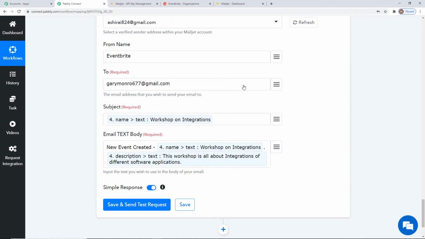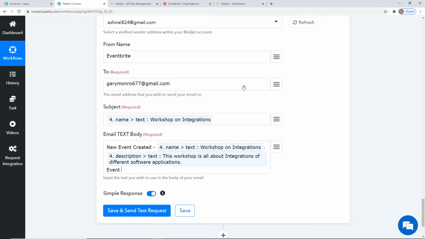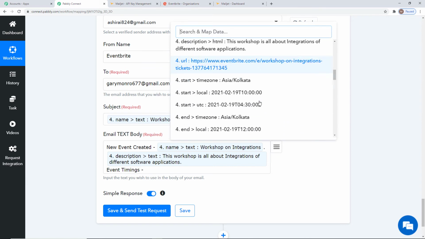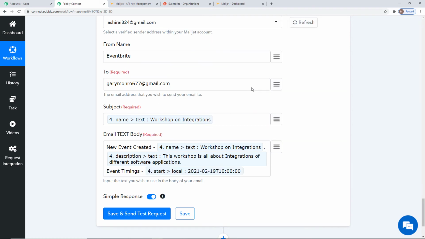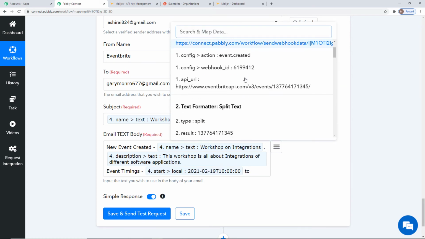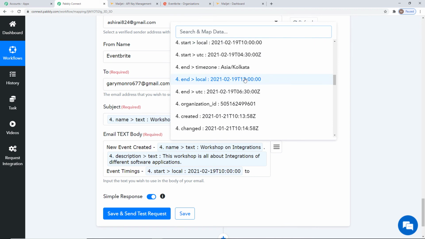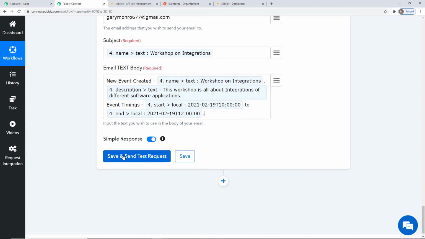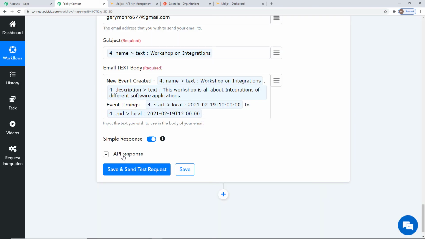Okay, then I am going to write event timings. To, okay, now I'm going to click on save and send test request.